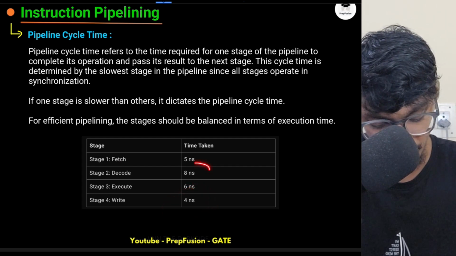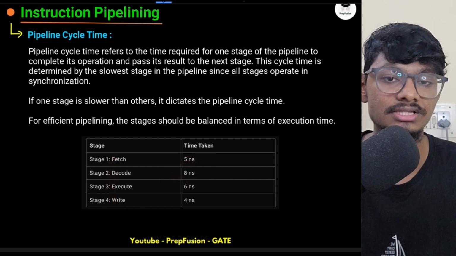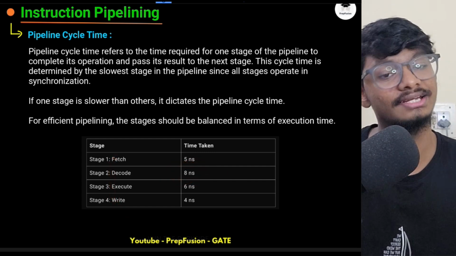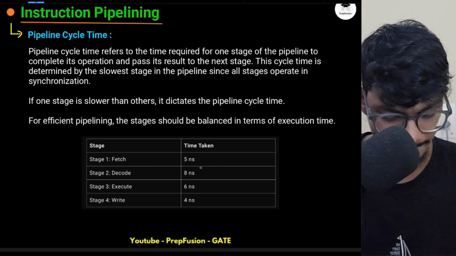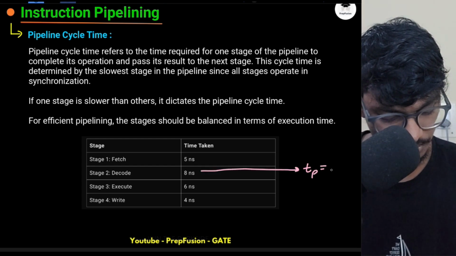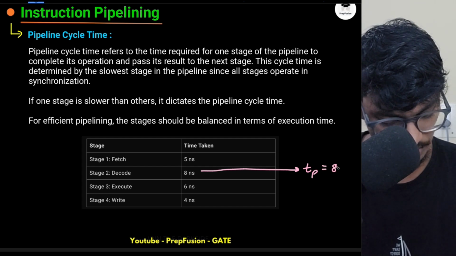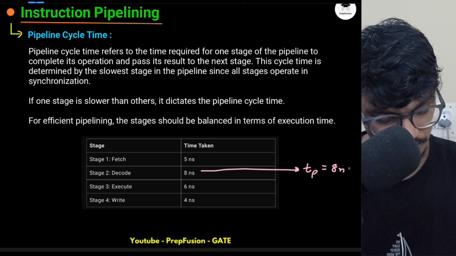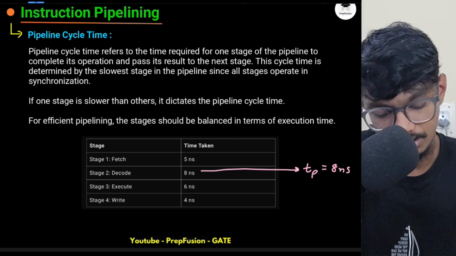So obviously I will have to choose the slowest so that all the other stages can complete their own tasks. If I choose my pipeline time TP to be 8 nanoseconds,